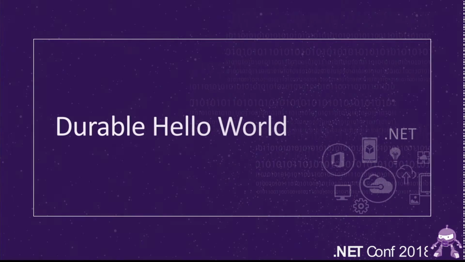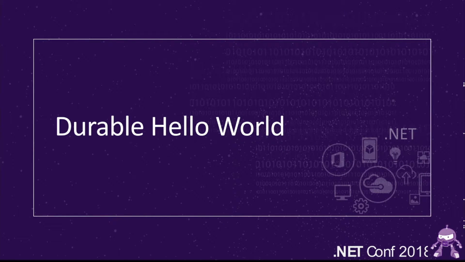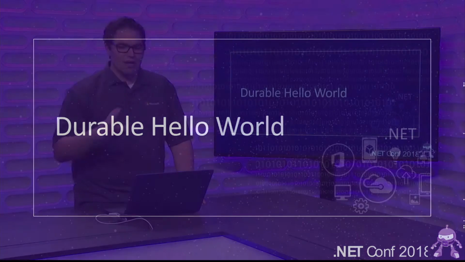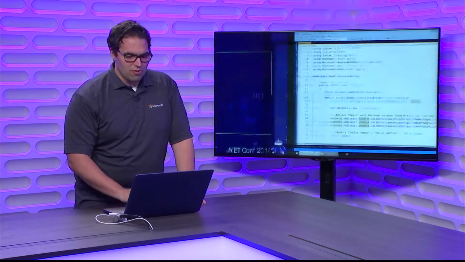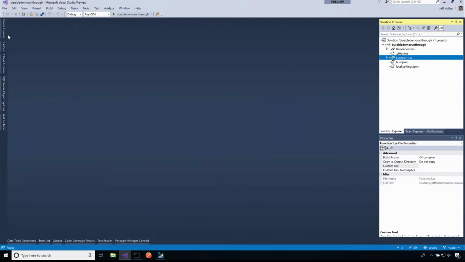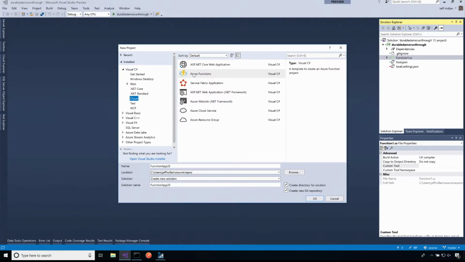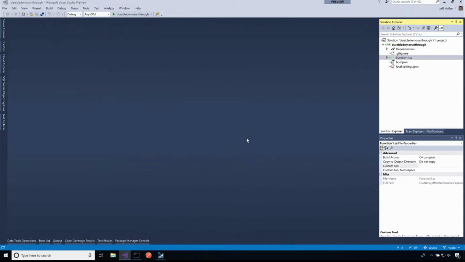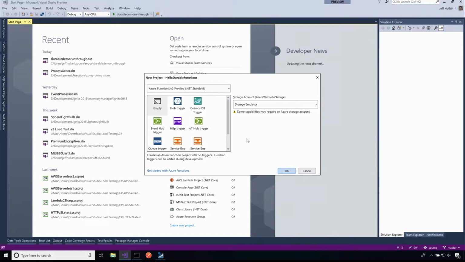All right, so let's see what this looks like from a development experience. We've talked about the concepts and how this is powered, but I did want to get you a feel for what it's like to write one of these. So I'm here in Visual Studio 2017 in this case, and Andrew showed some of this to you before about how I can create a brand new Azure Functions project. Okay, so I'm just going to create this, and we'll say hello durable functions, just a simple solution. So using the cloud workload, I'm going to say, all right, I want a new Azure Functions project.